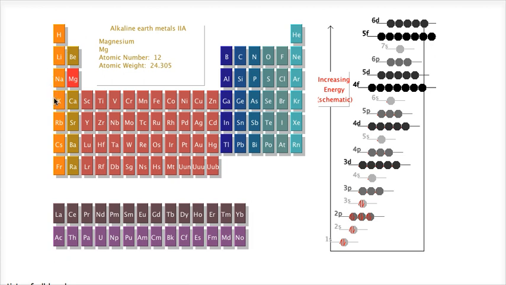So if I do potassium, it's in row 1, 2, 3, 4. If I go to this second column, that's s2, so it'll end in 4s2. Now if I skip over all of these and go over here,